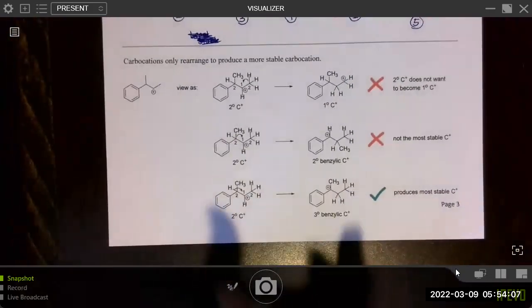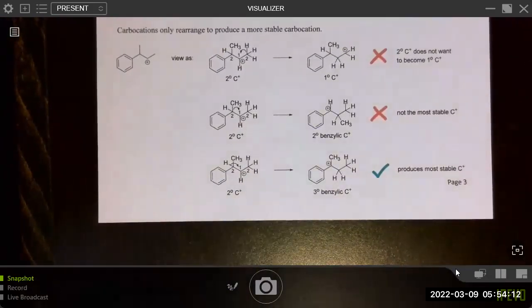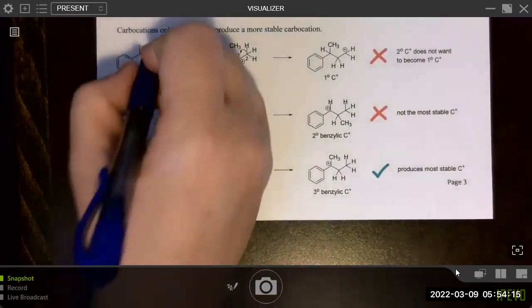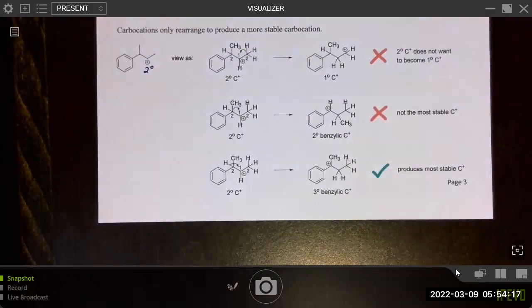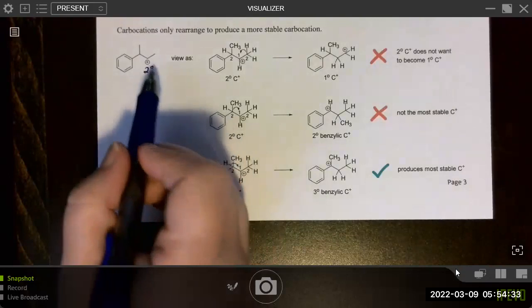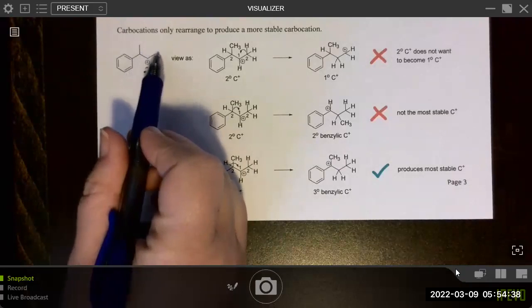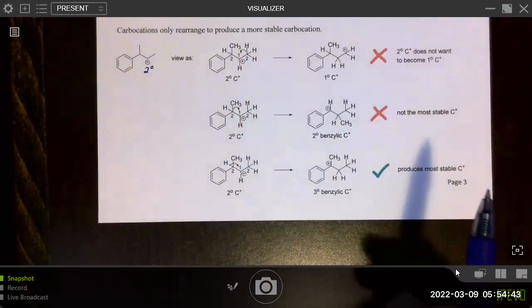Okay. And then this one talks about how carbocations only rearrange to produce a more stable carbocation. Right, so if we're looking at this, we recognize this is secondary. So it would only rearrange if it could become tertiary or allylic. Those are the conditions. So if you want to figure out what possible shift could occur to make it more stable, you can think about this as being the alpha carbon, or carbon number 1, and the carbons attached are the beta carbons, or you might label them like they did, carbon number 2.